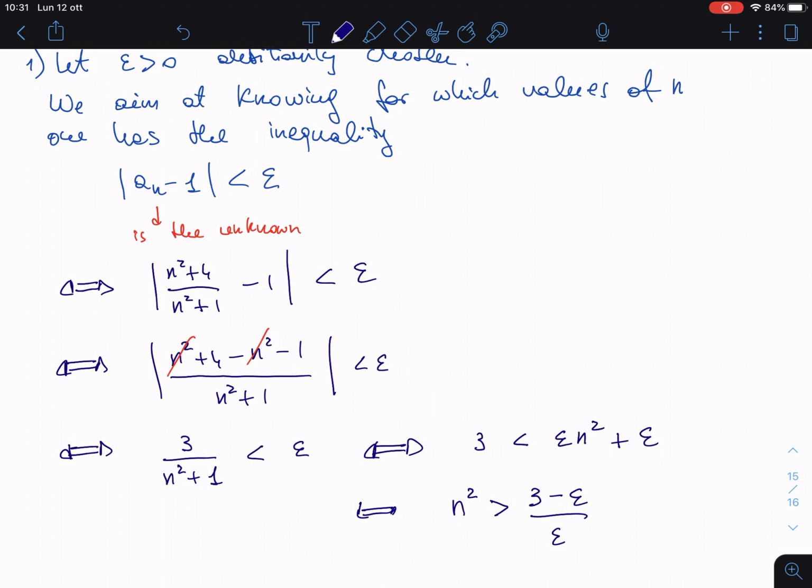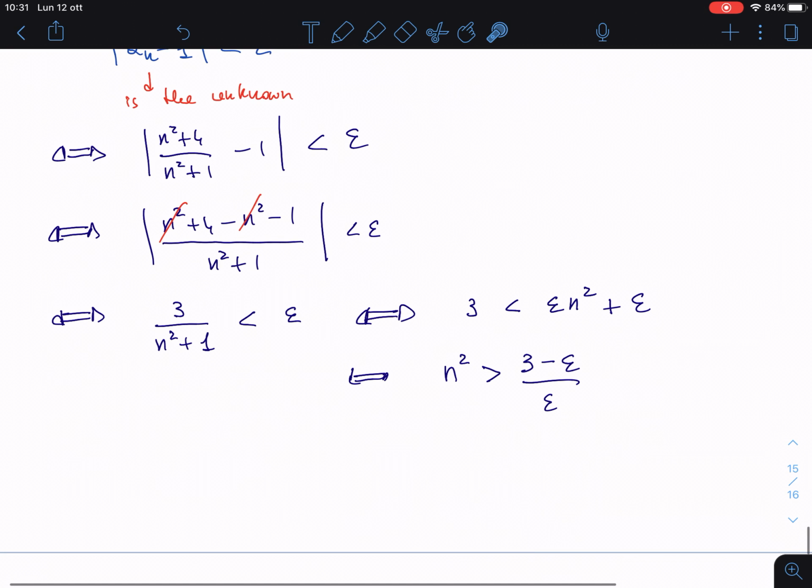Intuitively, one could say, okay, it is sufficient to take a natural number n which is larger than the square root of this quantity. But here, we want to do mathematics with a certain rigor. So when we think of the square root of this guy here, we have to consider the possibility that this number is negative. So you cannot compute its square root. So how can we do? The first thing is to be sure that this number is not negative. So first,